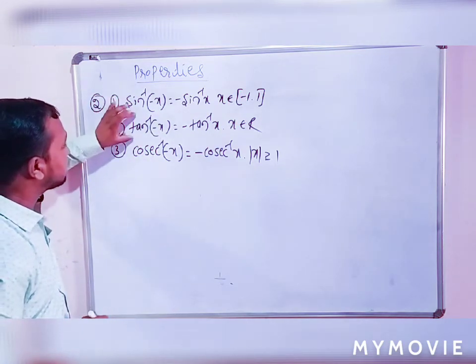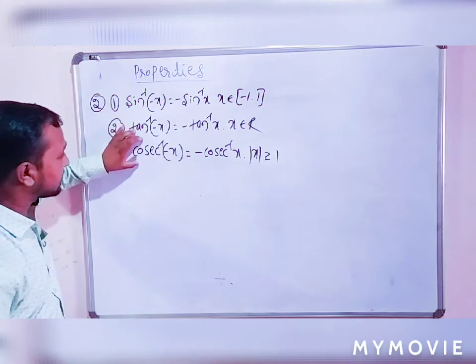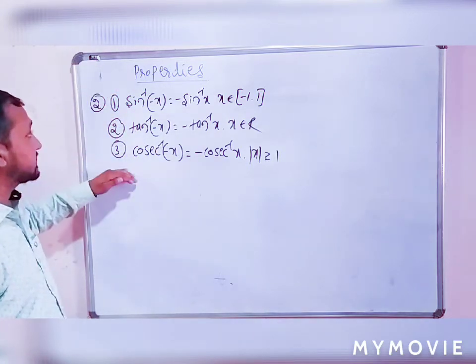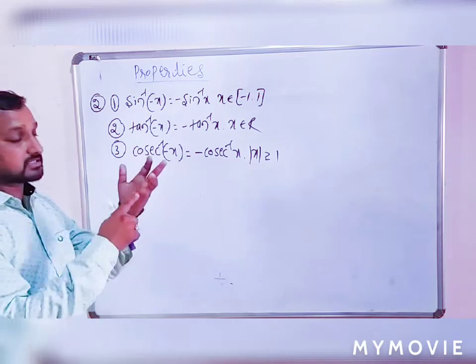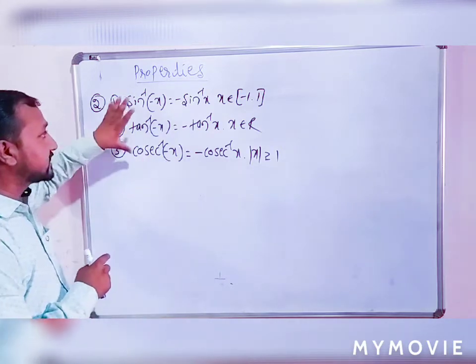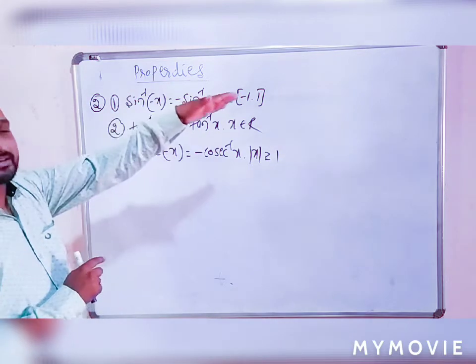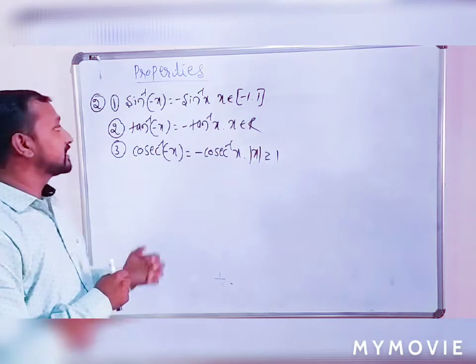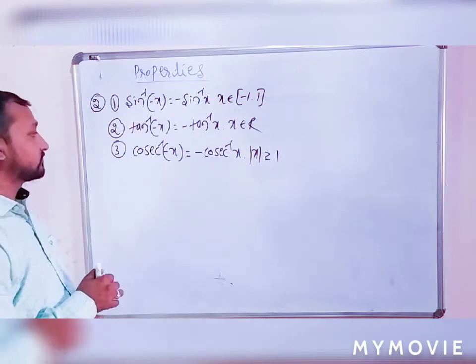So tan is related to sine inverse, cosec is related to sine inverse. These three are one set. Then another set is cos inverse, sec inverse, cot inverse. These are standard results, so by using this property, we can directly tell the principal value. In this example, I can solve one more.